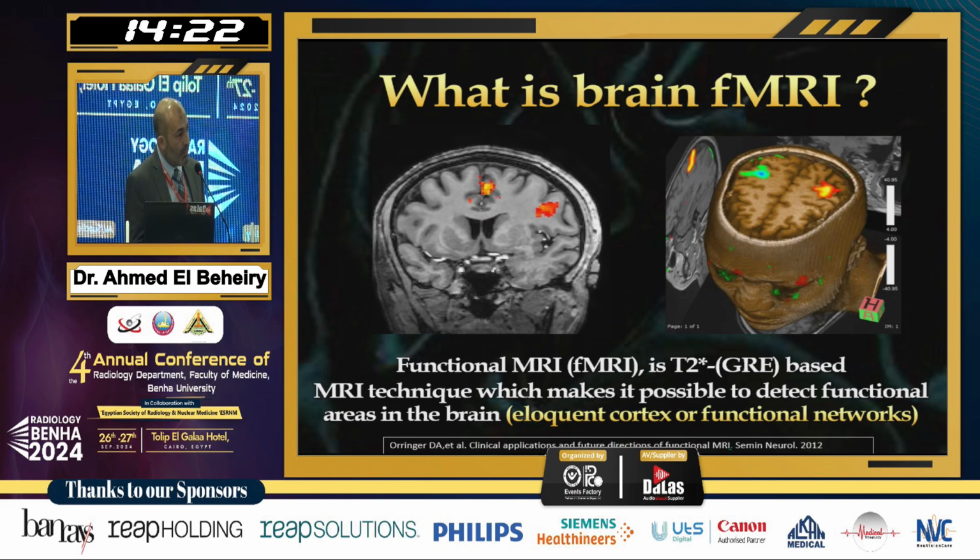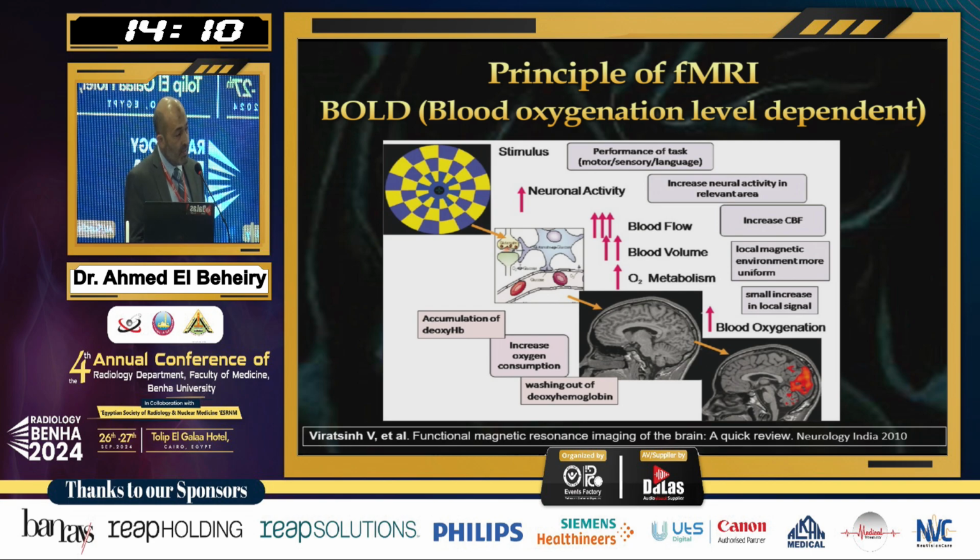Functional MRI of the brain is a gradient or T2 star-based technique which makes it possible to detect what is known as functional areas in the brain, like the eloquent cortex or the functional networks. The main principle of fMRI, whether task-based or resting-based, is known as the BOLD technique, which stands for blood oxygenation